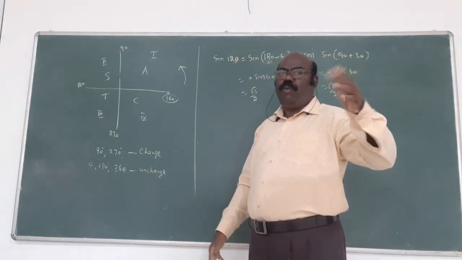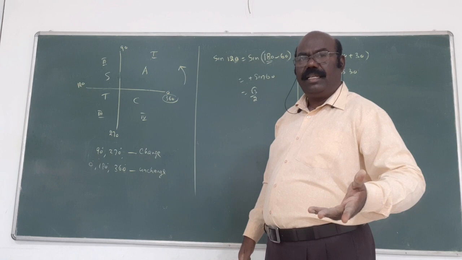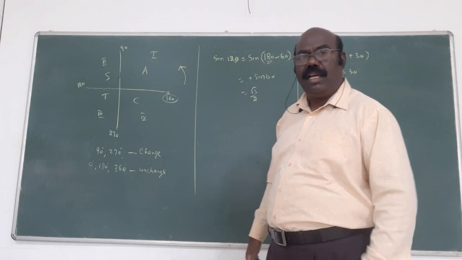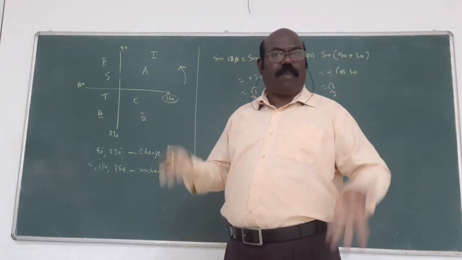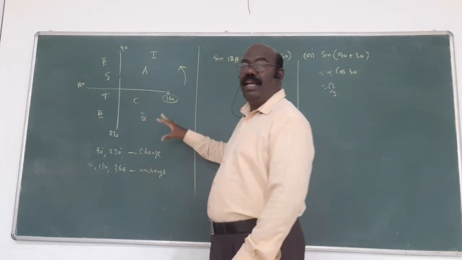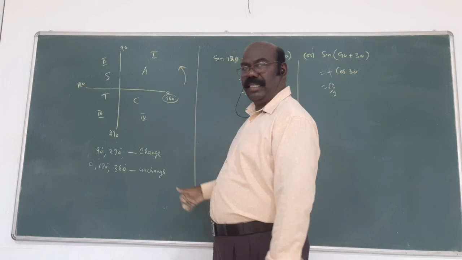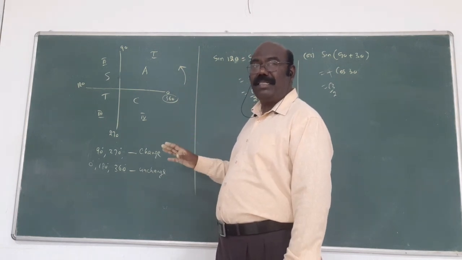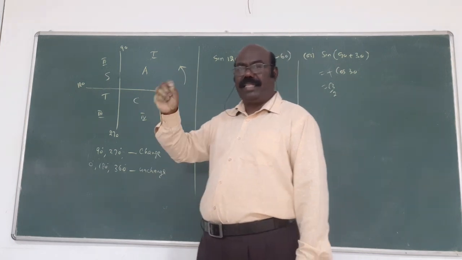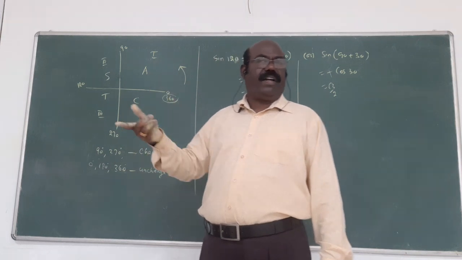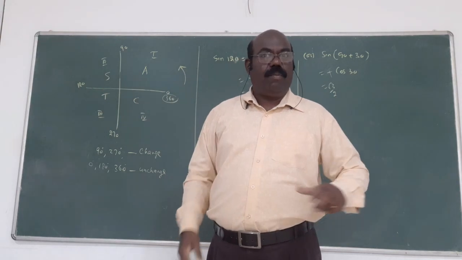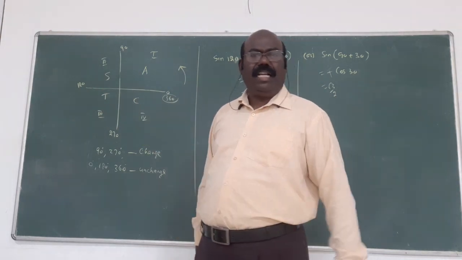In this way, sine 150, cos 240, sine 240, sine 270, 330, 360, 540, 1120, even more than 1000 is also possible to find in this way. This is one concept. By using this idea, we get so many answers. This is a very important concept. You can find the value of sine of 150, 180, 240, 540, 1150, 2050. In this way, angles more than 90 are involved in this idea.